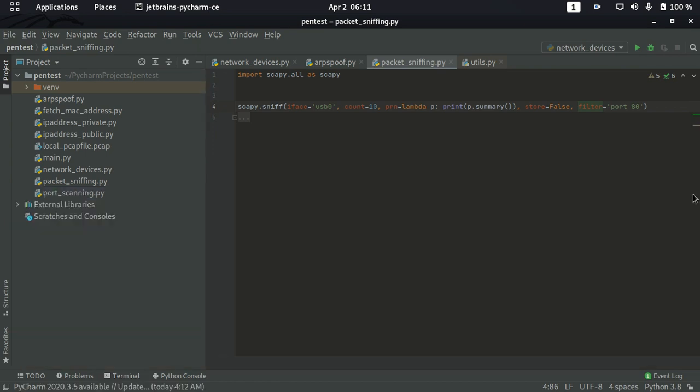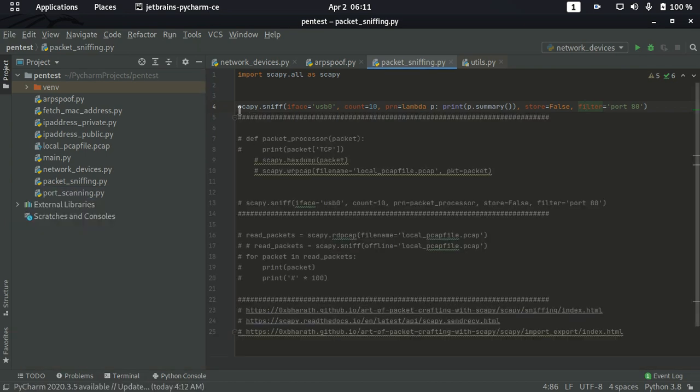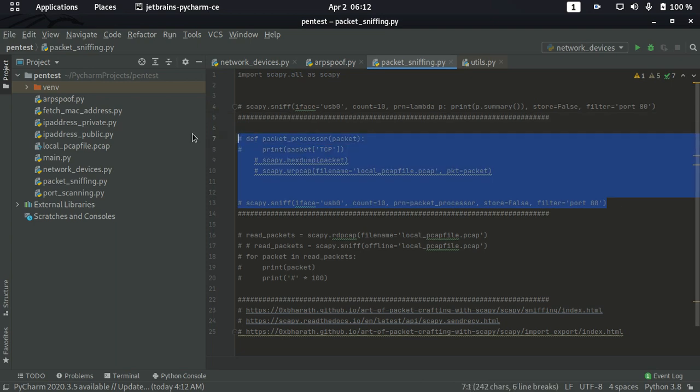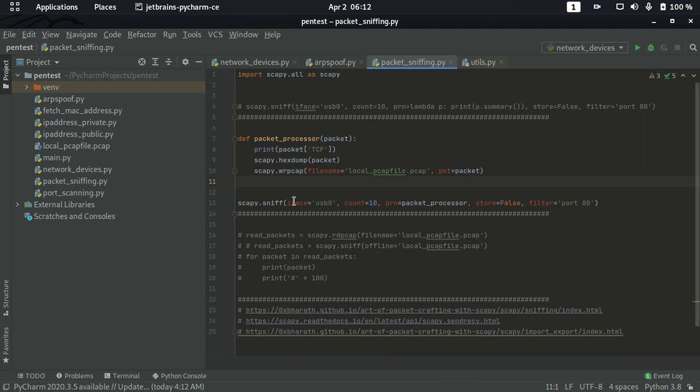Next thing we are going to do is, rather than writing the lambda function here, because the lambda function takes the argument list and does the function part, and it should be in one line. If you have multiple operations or more lines of code, then you will go with a function. So for that purpose you will see another way. You will go to line number 13. It will be similar to our line number 4, but it will have the callback function as packet processor. The packet processor will be defined here.